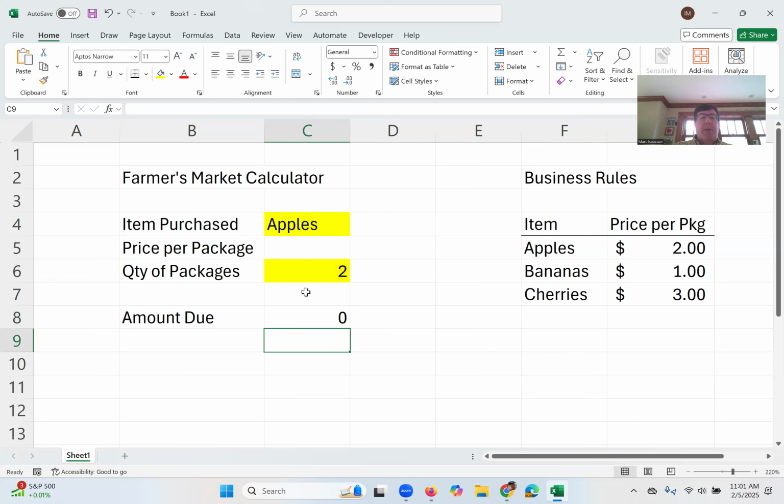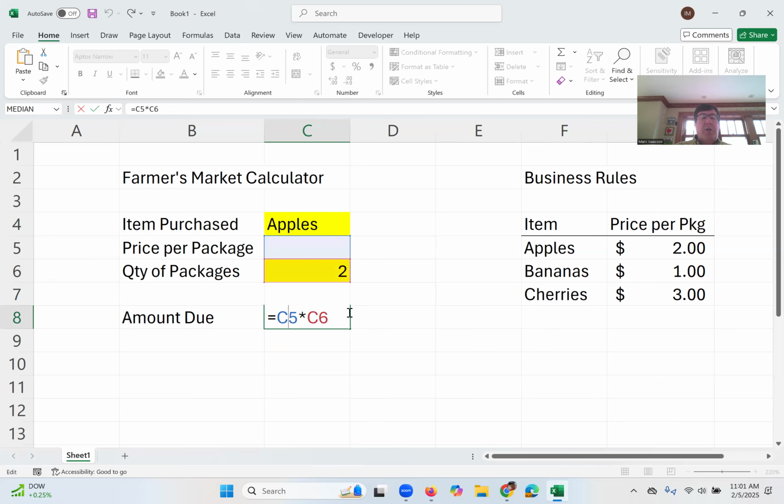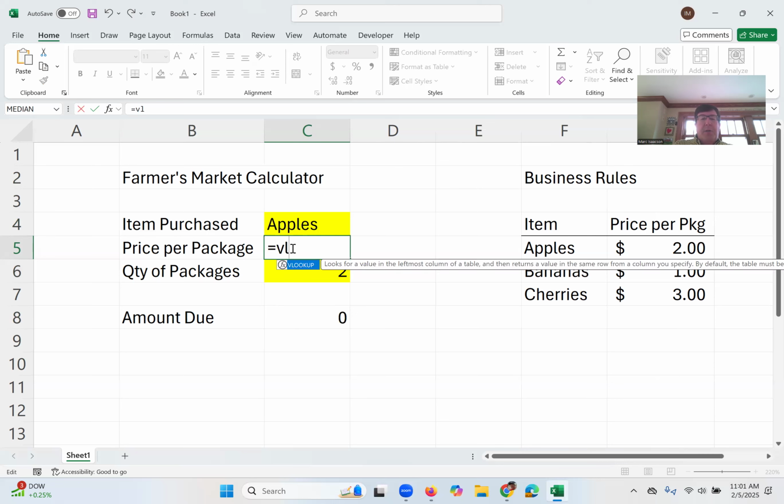And so I'm going to put in that calculation, which right now is going to show as 0. A blank cell times 2 is blank. But we'll make that cell not blank because we're going to use a logic function, and it's going to automate what we would do if this was pencil and paper, which is we would look in this table over here. We would look up and down the list of items until we found what we want, and then we would